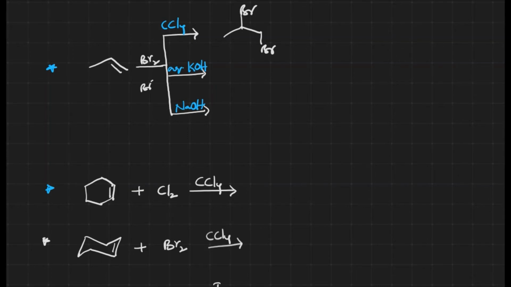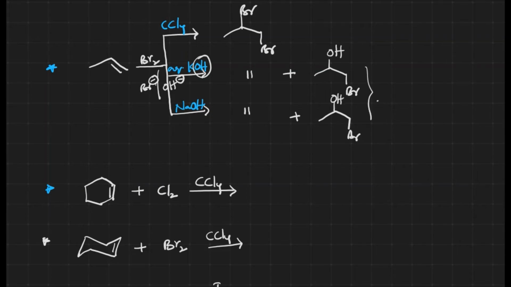Here, along with Br minus, what do we have? We have OH minus also, from the KOH. That's what happens here. The first product is going to be this one only, but the second product is going to be something like this, with OH. And here also we have OH along with this particular product. There is a possibility of another product also, and this is going to be the same OH. These two are the same.